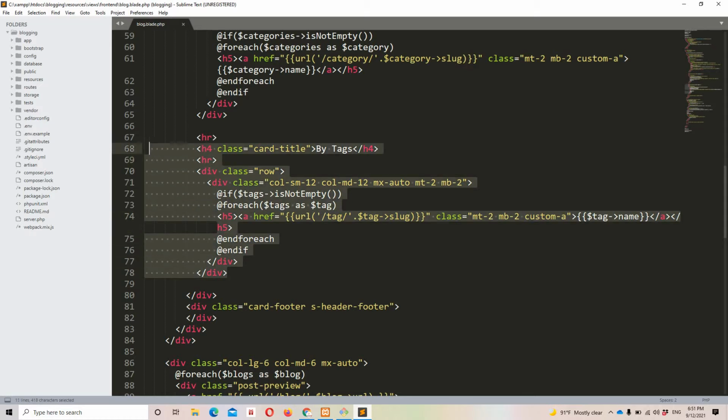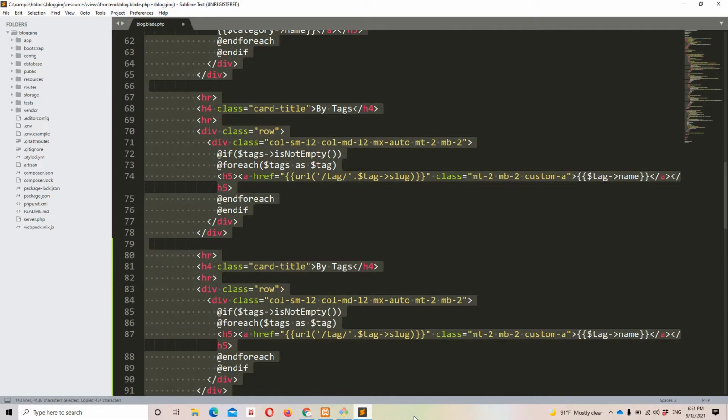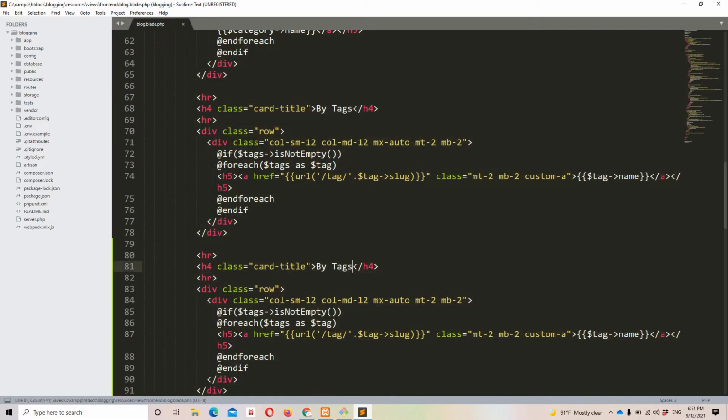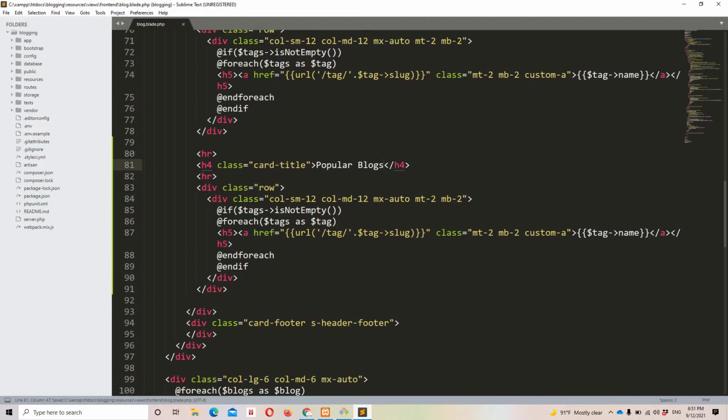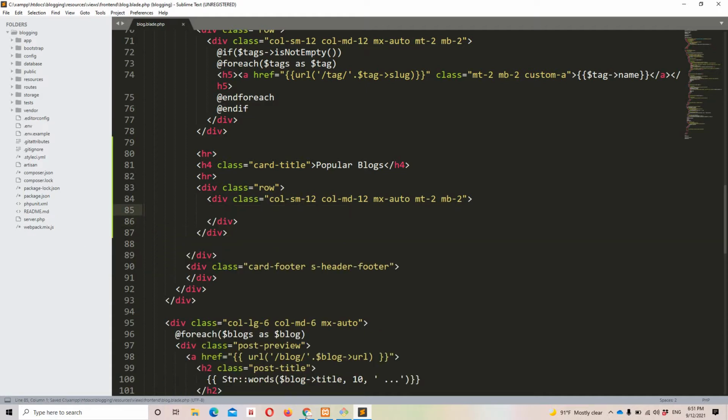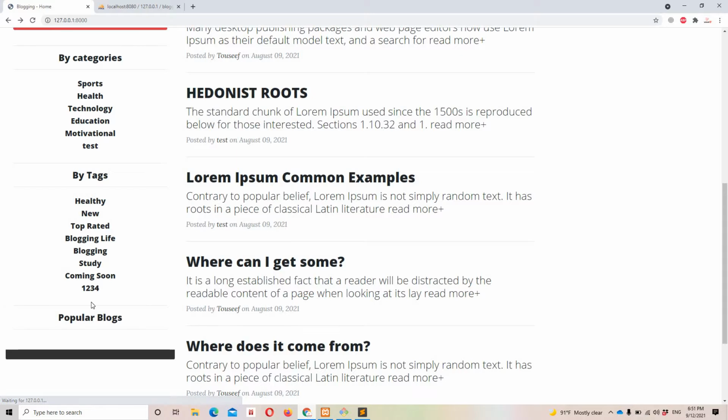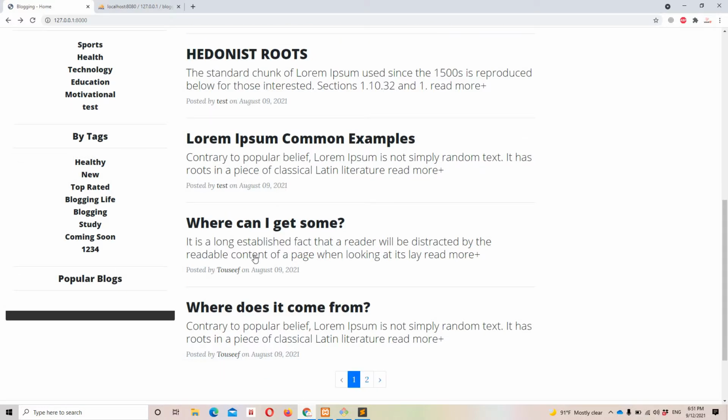I'm going to copy this till the end of the card and paste it right here. I'm going to make a minor change to the heading: popular blogs, based on the unique views. And I don't need to implement the condition based on the tag, so I'm going to remove it from here. Let's view this. Okay, so now we have a space for the popular blogs.